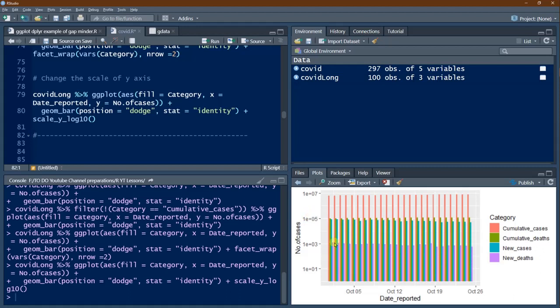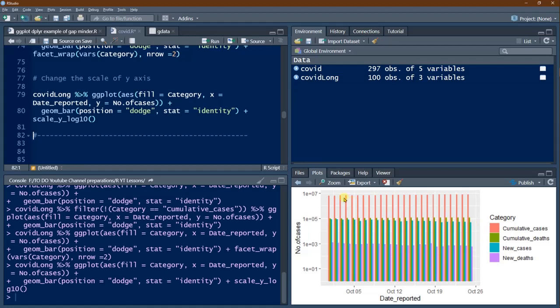So here what we can see is there is a trend only. The trend you can see here is somewhat down. Here this also is somewhat down. So both cumulative deaths as well as new deaths are on the decline in the month of October.